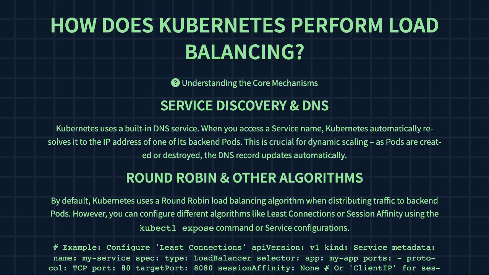Now, by default, Kubernetes uses something called round robin. Basically, it rotates through all the available pods to distribute traffic evenly. But you can customize this. You can tell Kubernetes to use different strategies like least connections, which sends requests to the pod with the fewest